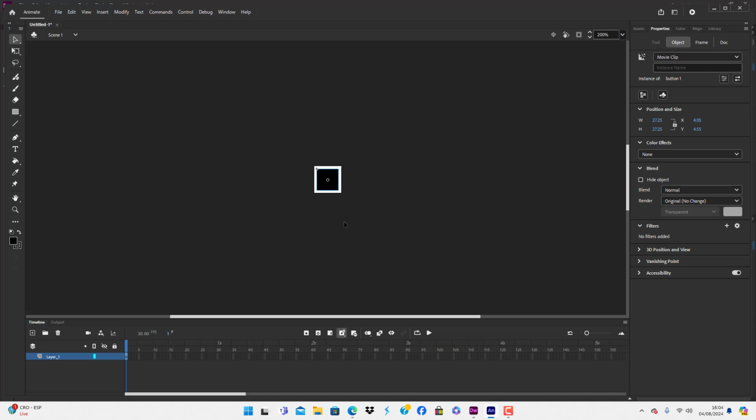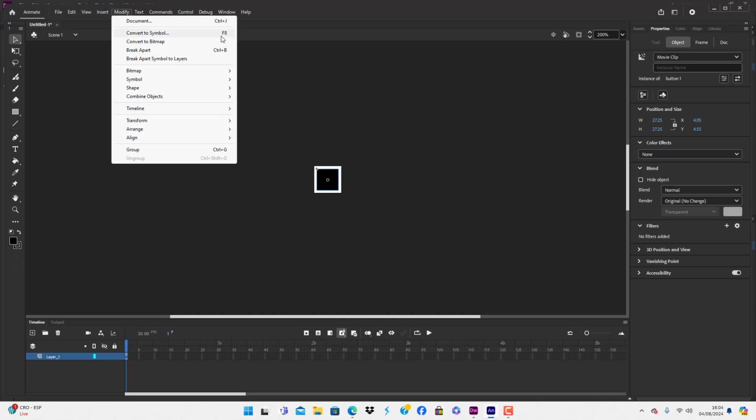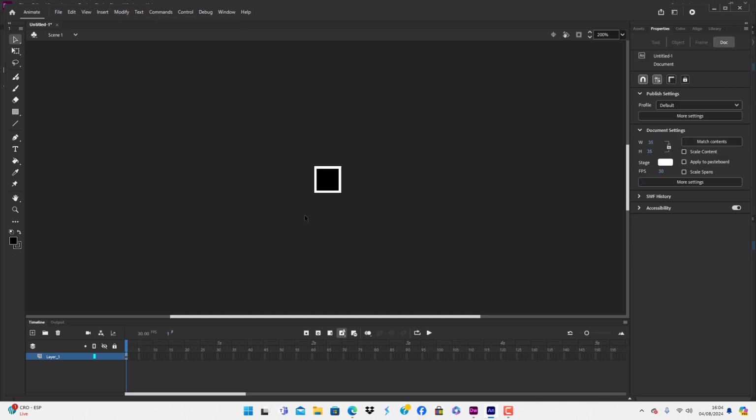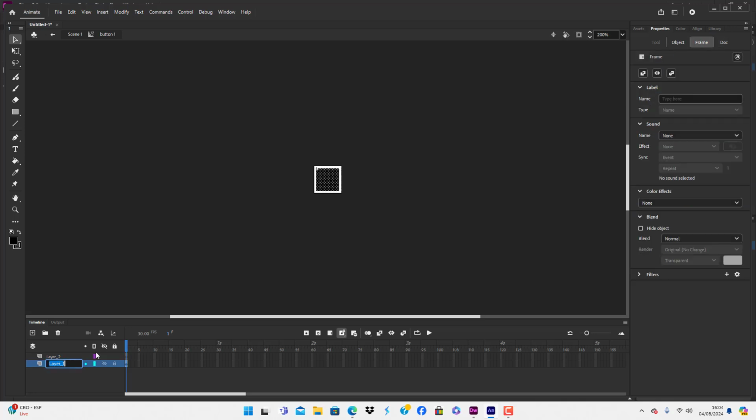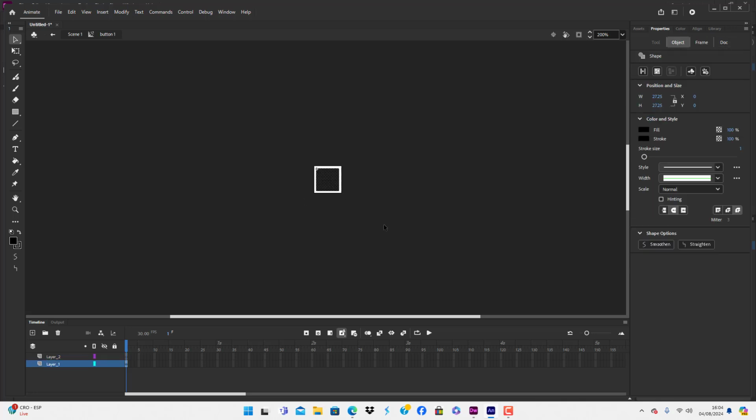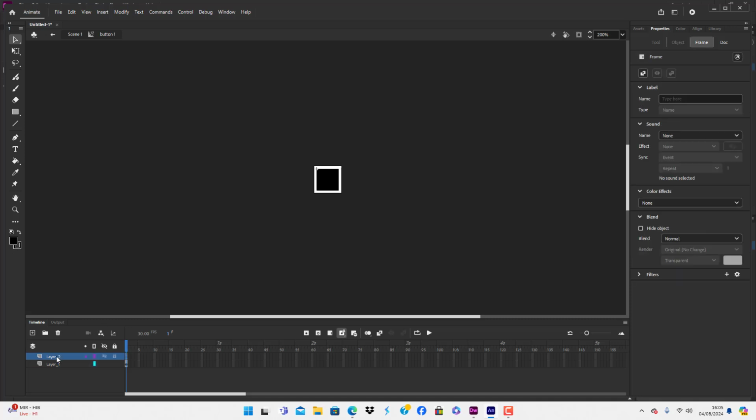I then converted the item into a symbol, which can be Modify, Convert to Symbol, or like it says, F8. That means it has its own separate timeline, and the timeline is down here. We don't need to talk about the timeline much. It's only the layers we'll be using, because the layers will develop your design elements, and they will also not be needed as keyframes because there will be